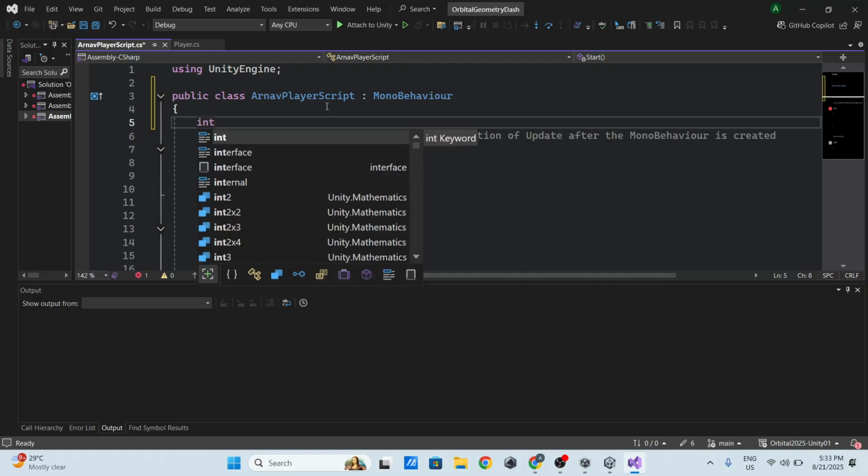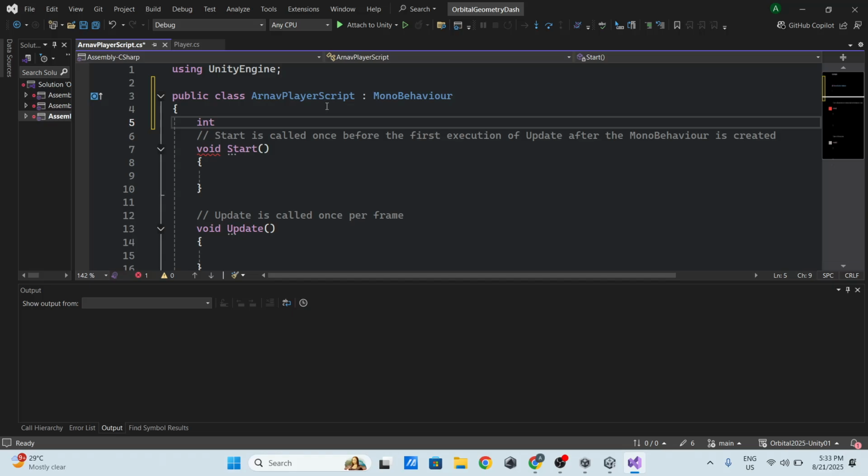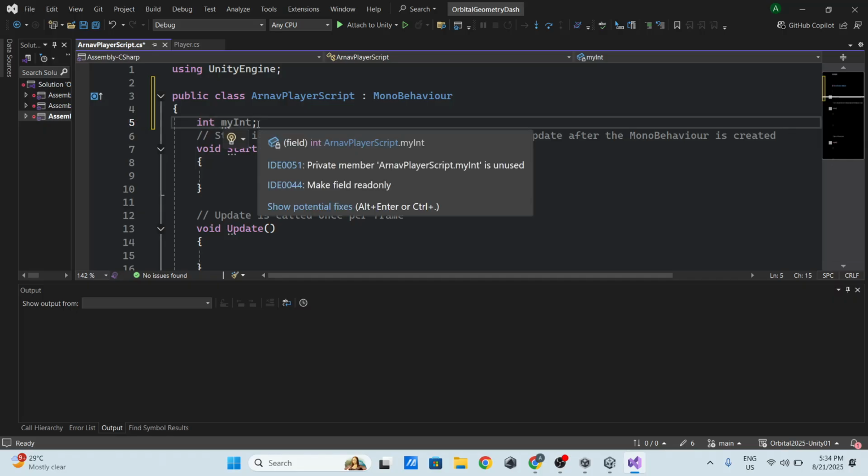Int is an integer, and you have to specify that you're creating an int, and the name of this int is going to be my int. That's why it's a statically typed language, because you're specifying integer here. Meanwhile, in languages like Python,